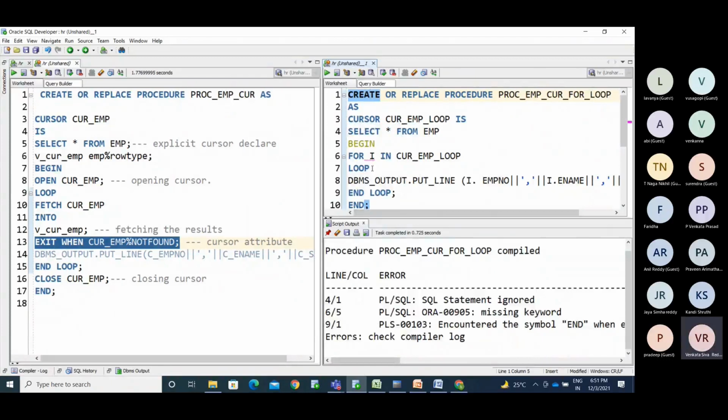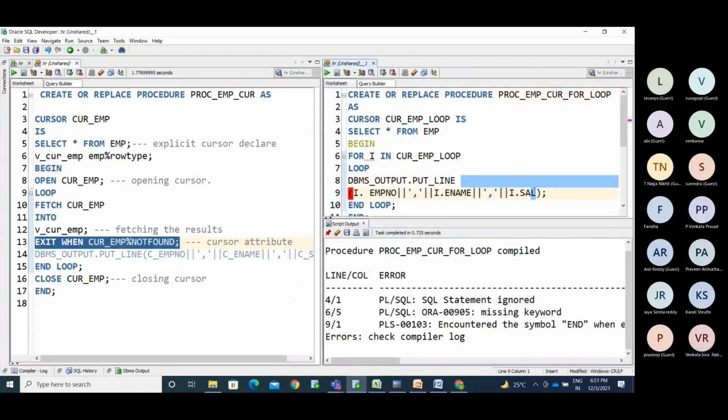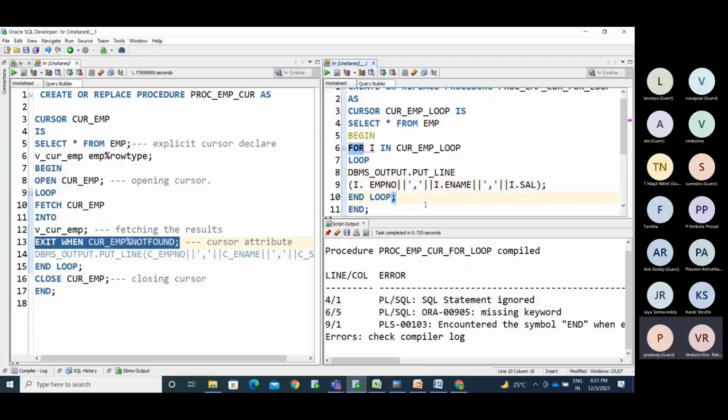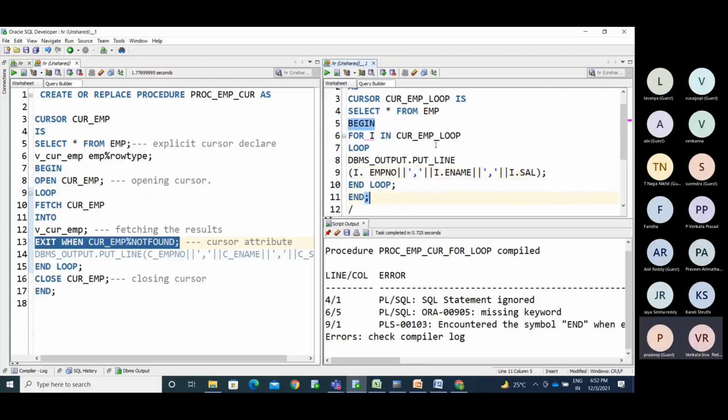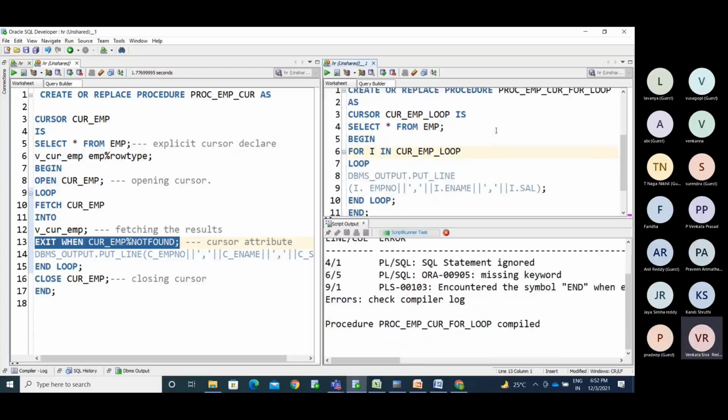For I in... I dot employee number. The begin is before employee, after the semicolon. Okay, nice catch. Now the procedure is compiled.